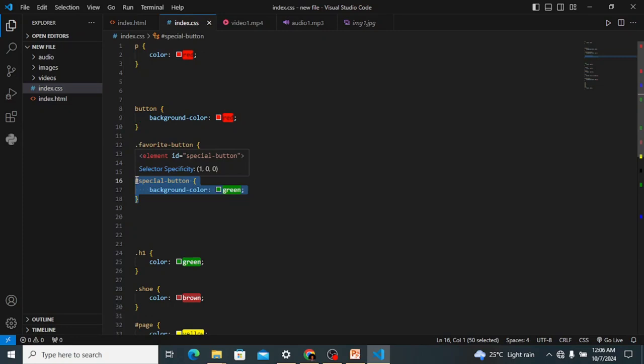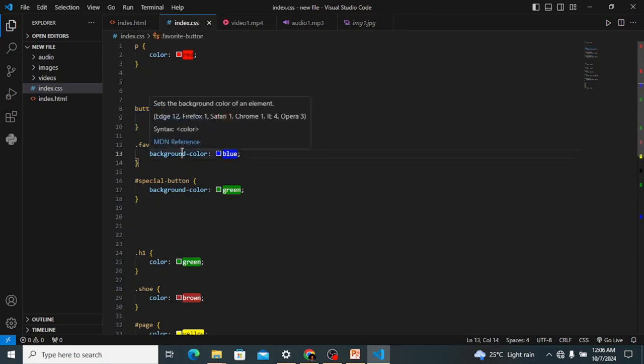Let's say we have the president, we have the governor, and then we have the senator. The president is the one having the most power, right? So therefore, the ID selector is like the president here. When the three of them are being applied, the one the CSS will obey first is going to be the ID selector, because it is the one with the highest hierarchy, followed by the class selector,